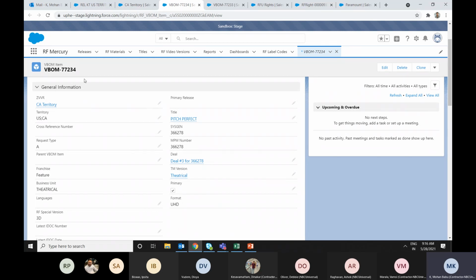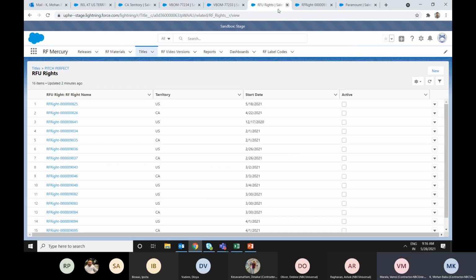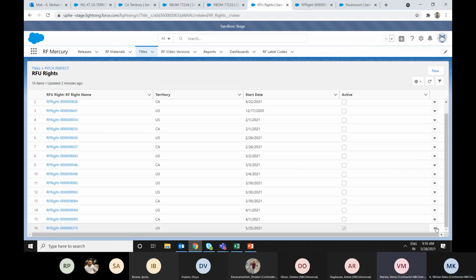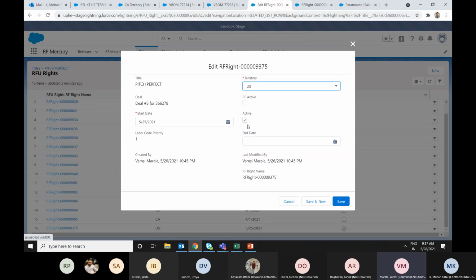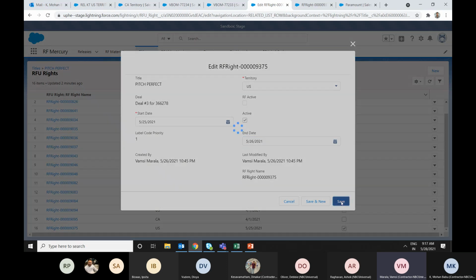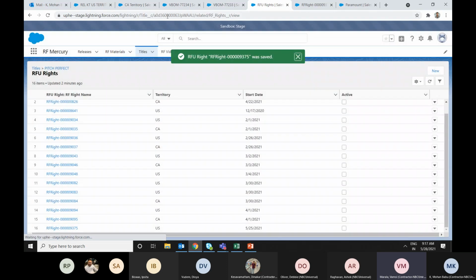So yeah, see, in the release we have seen we have only a single pick list. Here we have multiple pick lists. So the territory is having US and CA. What happens here is we'll give preference to the US and we will stamp the US deal on the deal. Previously in the old release, we could select either US or CA, anyone. But now here we have an option to select both. That means that is extending of the territory. We can create the US and that can be extended to CA.